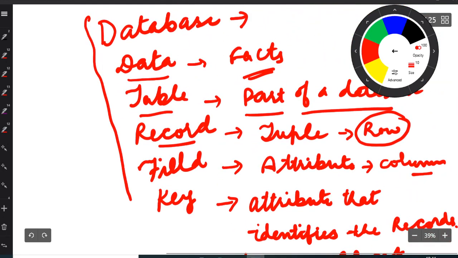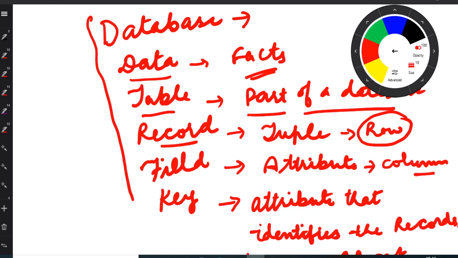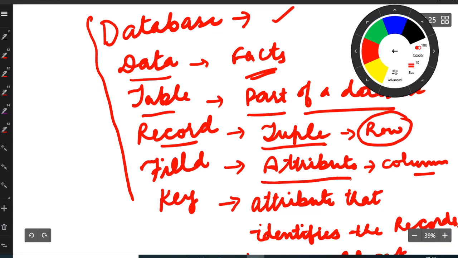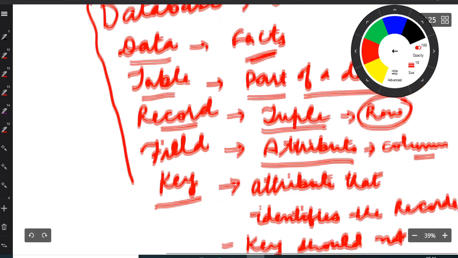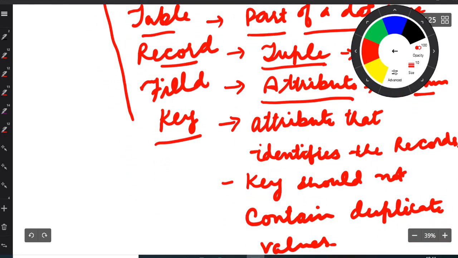I hope you all will come to know about the database when you read the book. Data, facts about an entity. Table, part of a database. Record, it is also called tuple. So you should know the terminology of a computer, in which we say tuple to a record, attribute, key, a particular attribute that identifies the individual records.